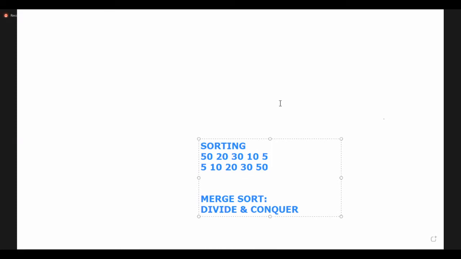Merge sort follows the divide and conquer strategy. The conquer means combinations. Combine the parts into again a single one. First you divide the list into parts. Next, after dividing at some level, it combines each part until it goes to a single part. Okay, see the example. You can understand.